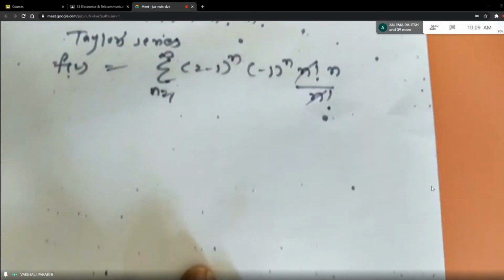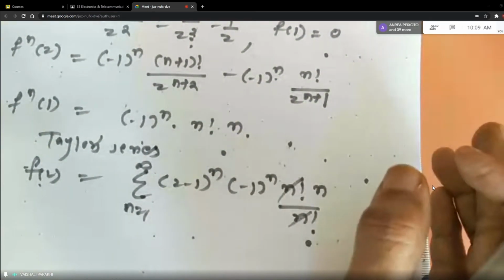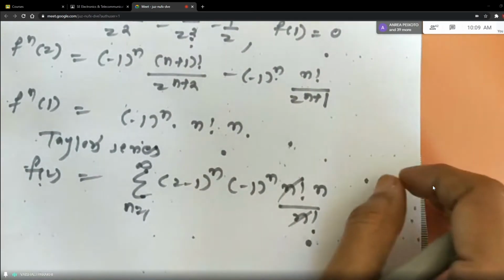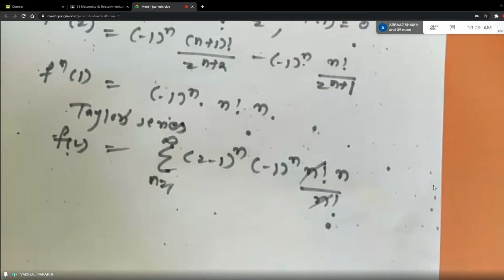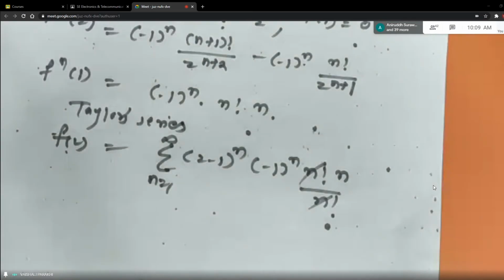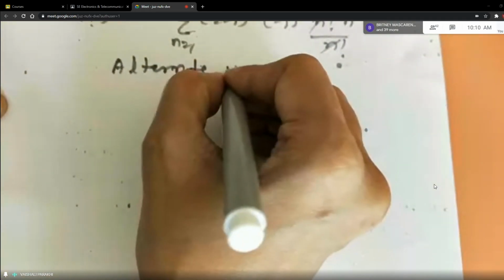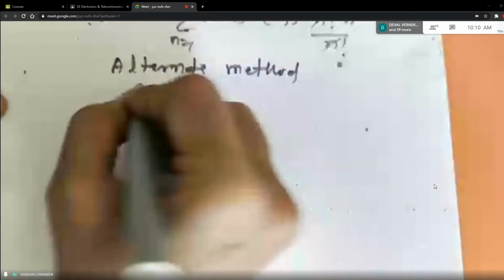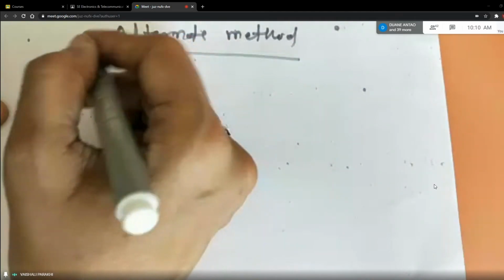Now see students, some new students are there who may not be aware of this successive differentiation, means how to get the nth derivative. So for them or for others also, I will tell you one shortcut way. So how it works? You will find this easier. So this is the alternate method I'm giving you. In the alternate method, see whichever you find easier, you can go for that.